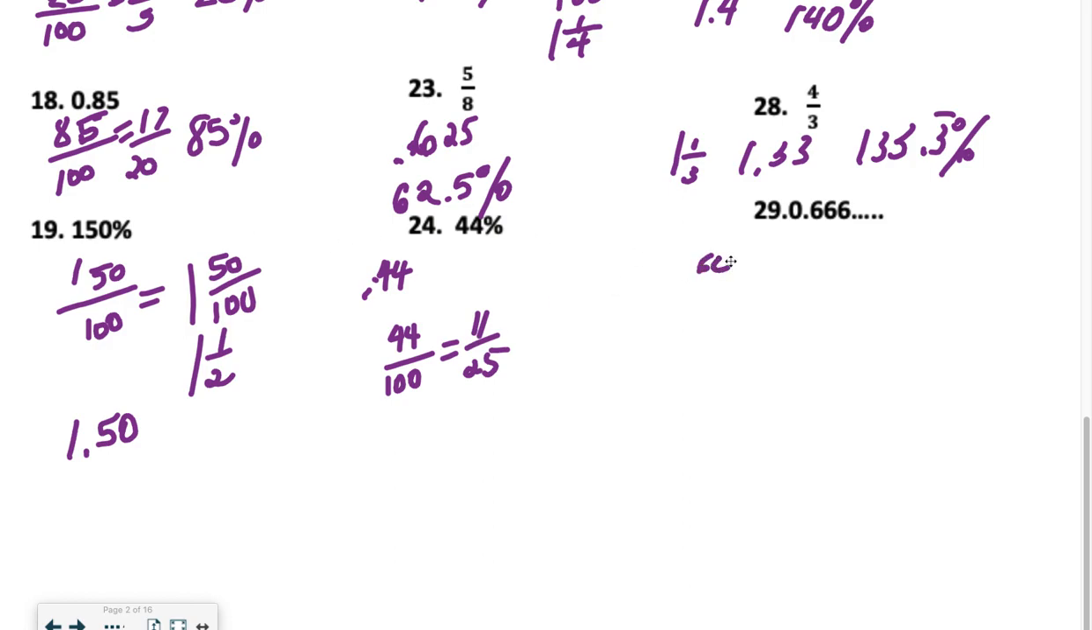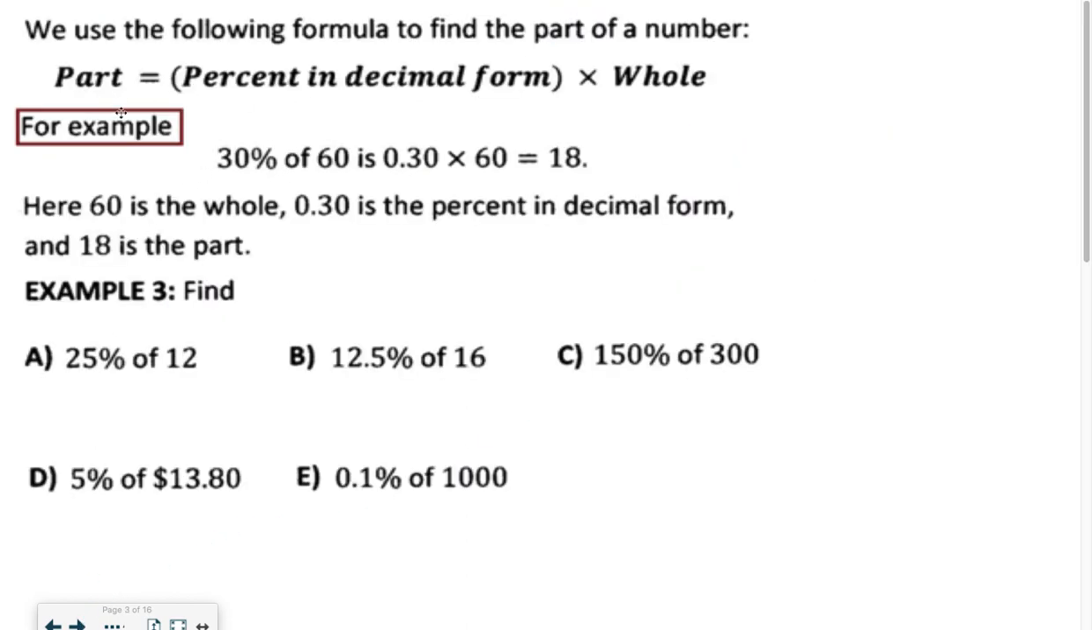I'll write it anyway. You can write this as 66 over 100, even though the 6's go on forever. But this would really just be 66.6%. So you have a couple of homework problems that you guys can practice that. Now, whenever we are solving these problems, the easiest way to solve would be to just set it up as